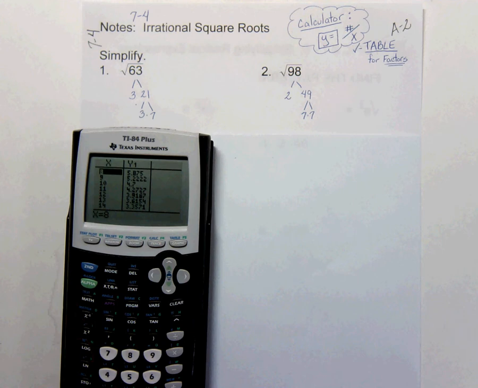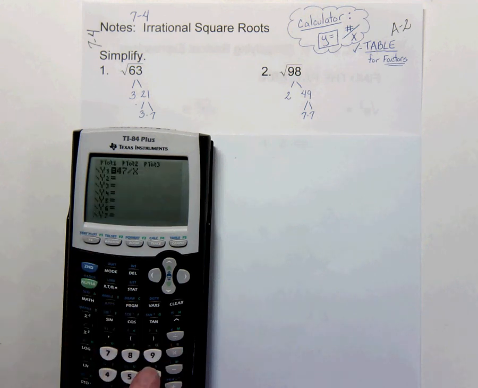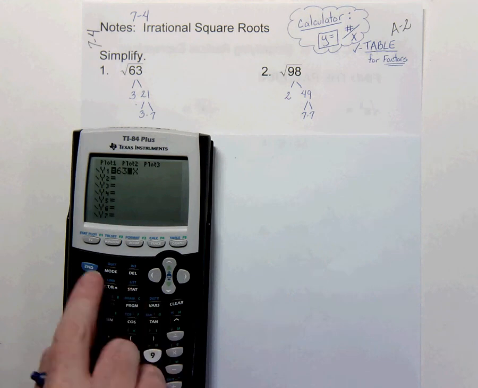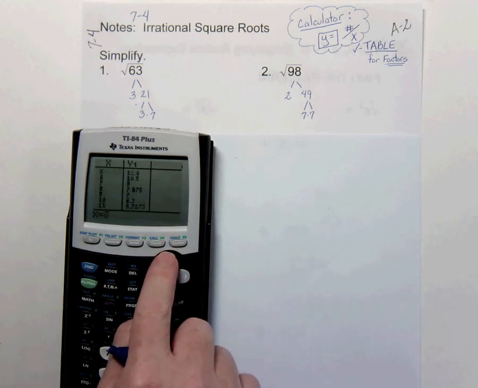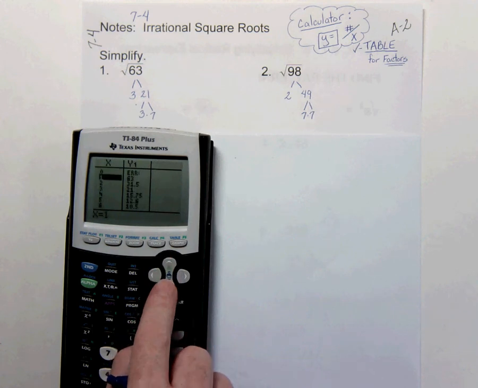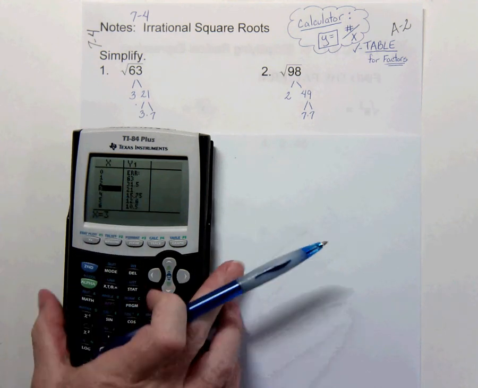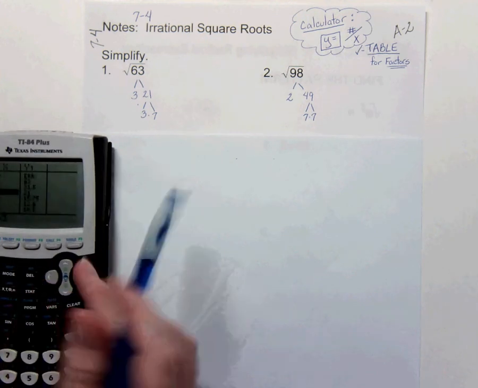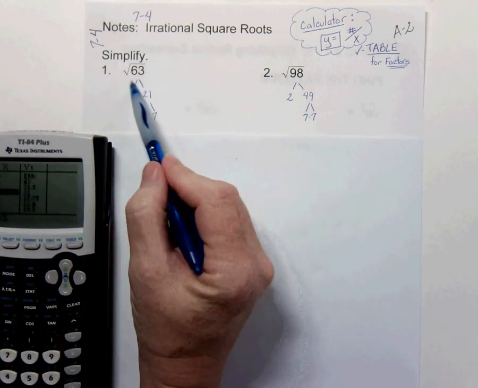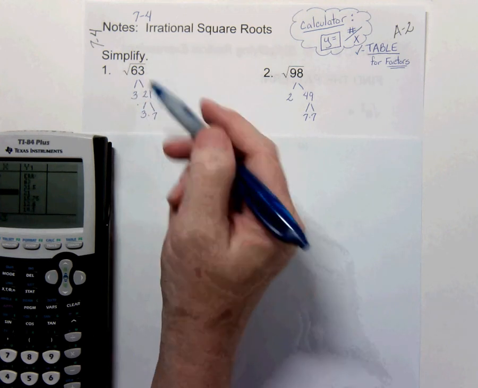If we're trying to get the factors of 63 for number 1, y equals 63 divided by x is already there. So I'm going to go ahead and look at the list of factors here. Let's go up to the first one. 1 and 63, 3 and 21. So let's go ahead and write one of the factors in a factor tree form. I do have notes that showed it a little bit differently, writing it just under a radical sign, but I like the factor tree, and I'm going to see if this works for you too.